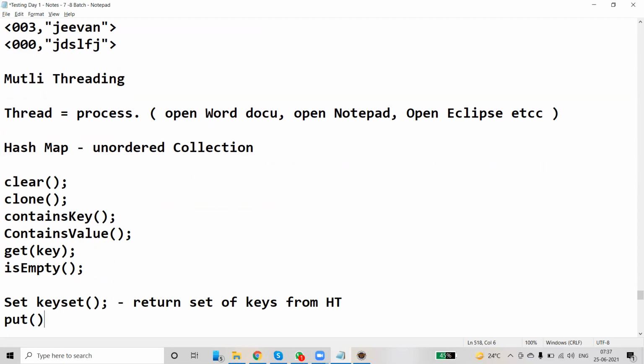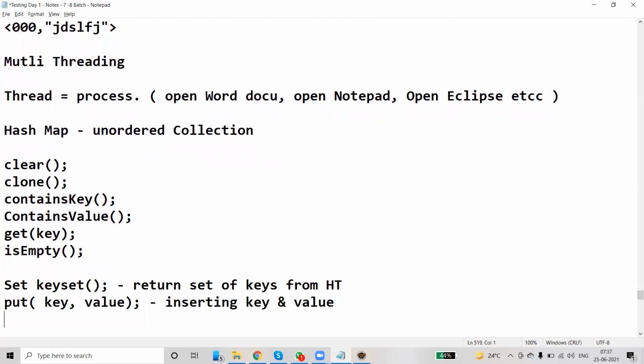Put basically accepts a key and a value. That means you can put values, inserting a key and a value. Is it clear? Then finally size. It returns the size of the map.